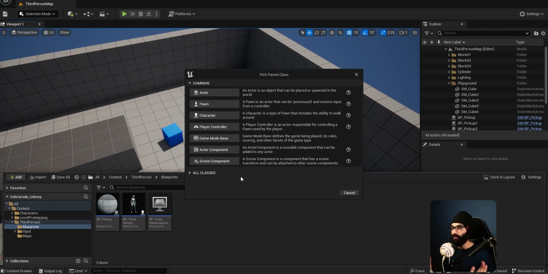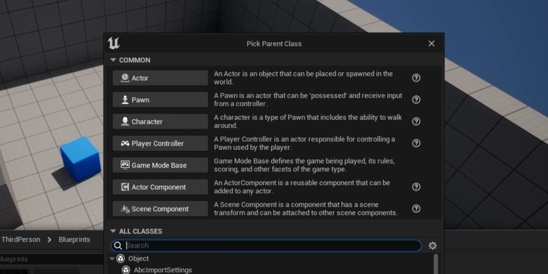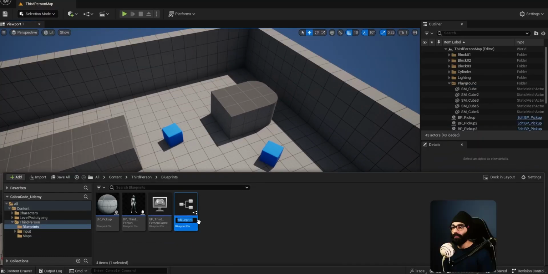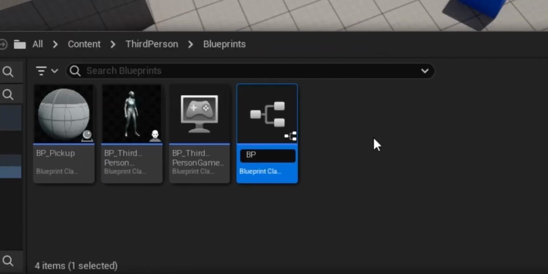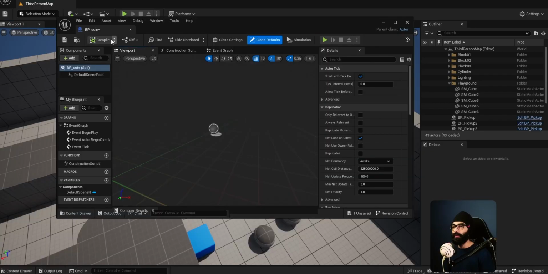It just makes so much sense. So you can choose whichever you want, and all classes have like 600 something more classes, but we're gonna just select an actor and hit. We're gonna get this here. Naming convention, we're gonna call this BP underscore, and let me just call it coin. Doesn't matter. Once you've done that, you double click to go into the blueprint, and we're gonna